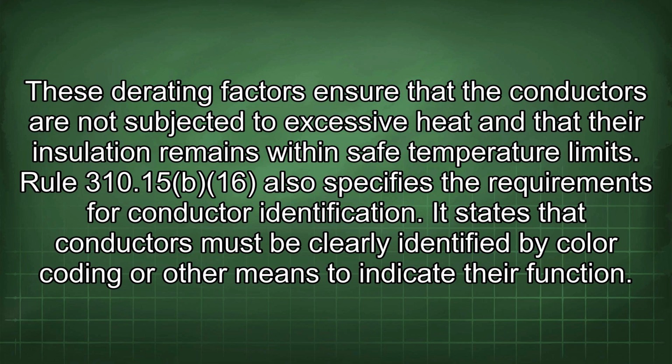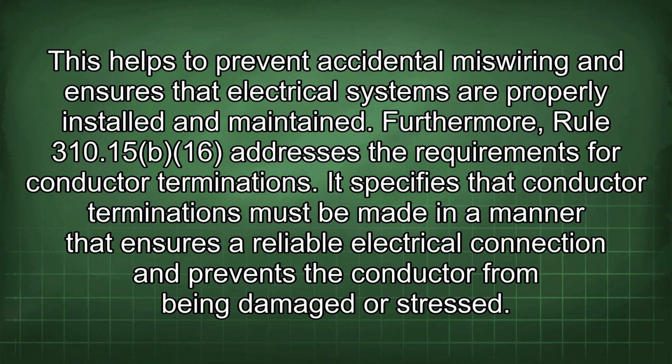Rule 310.1516 also specifies the requirements for conductor identification. It states that conductors must be clearly identified by color coding or other means to indicate their function. This helps to prevent accidental miswiring and ensures that electrical systems are properly installed and maintained. Furthermore,